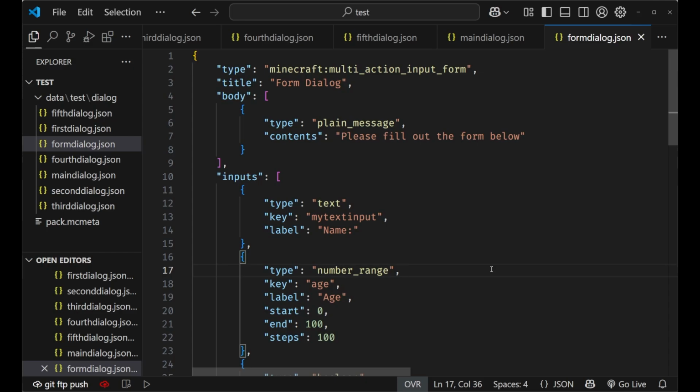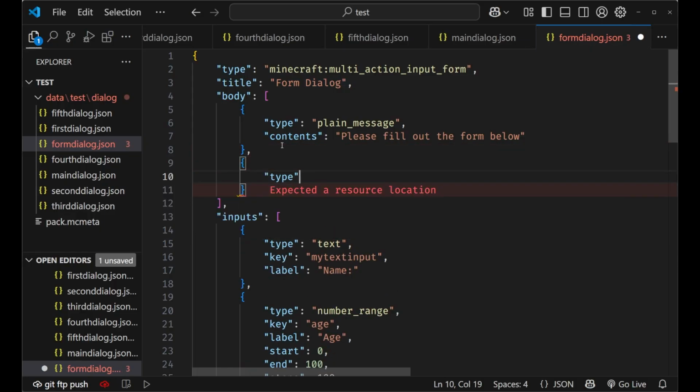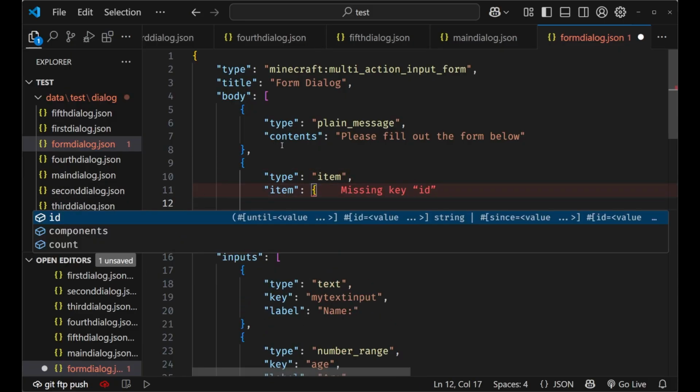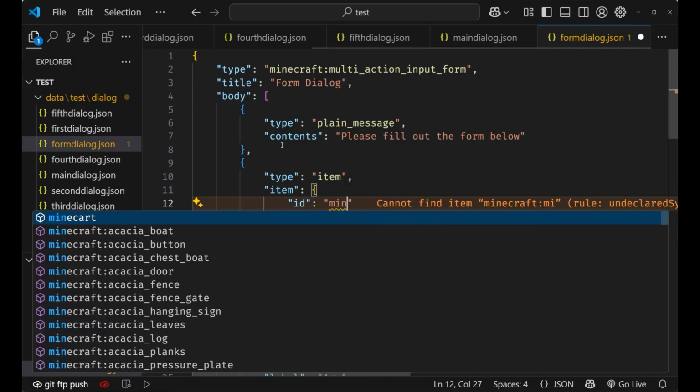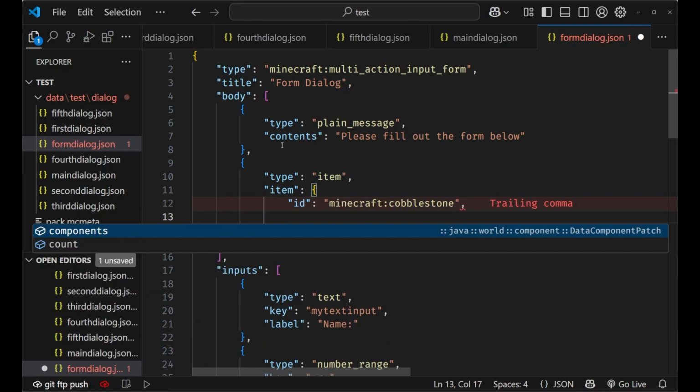Now, I did save the best tip for last, because there is one thing you can add to the body element that will spice up your dialogues a lot. And that is the item body element. So in our form dialog here, let's go ahead and add one last element, type of item. And in there we'll say item, which will be an object with an ID, and we'll say Minecraft cobblestone. And here we've also got our components, which is to do with the component system, which we're not really